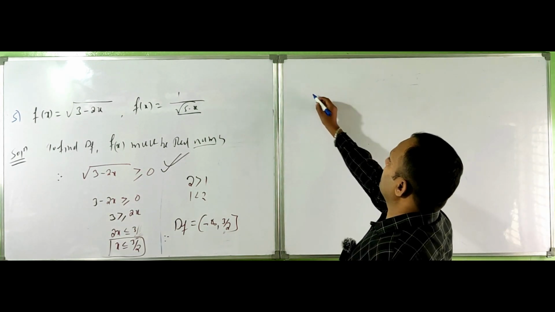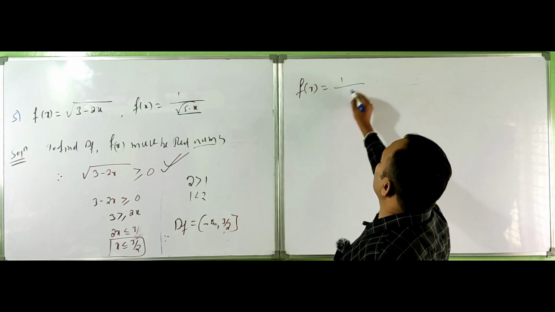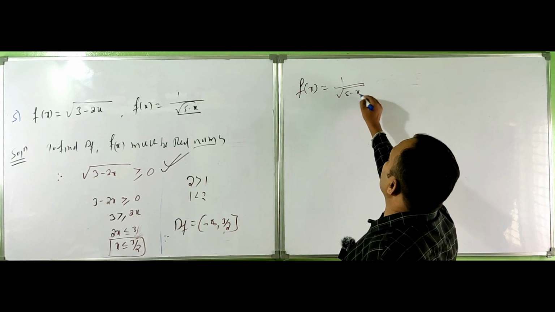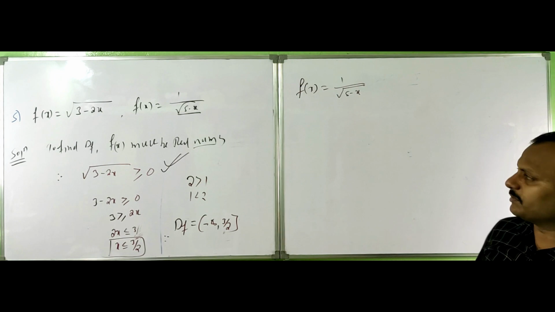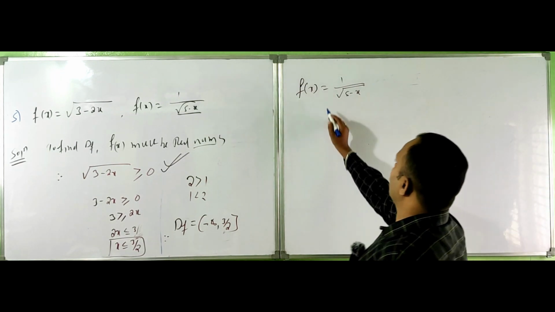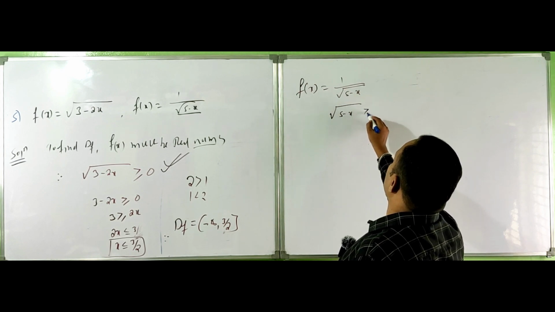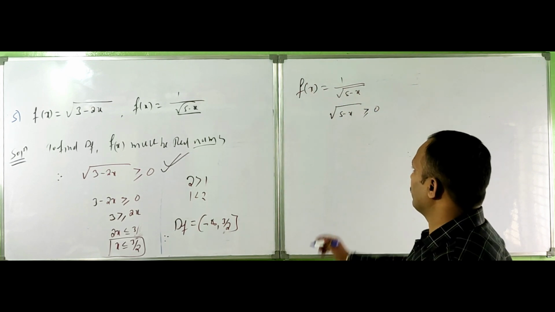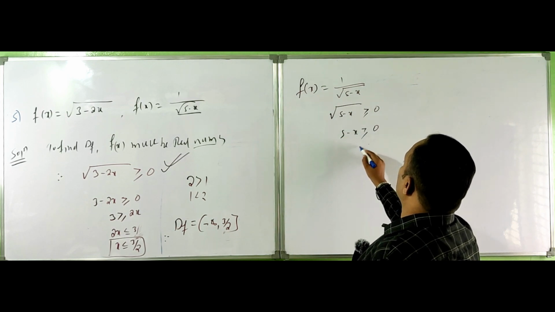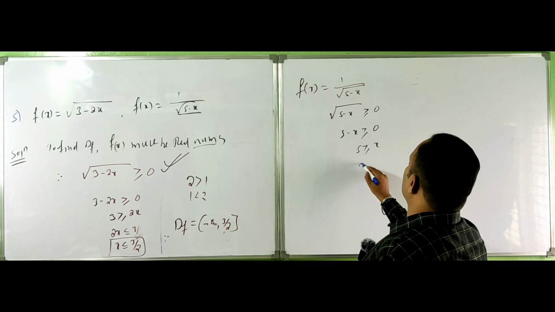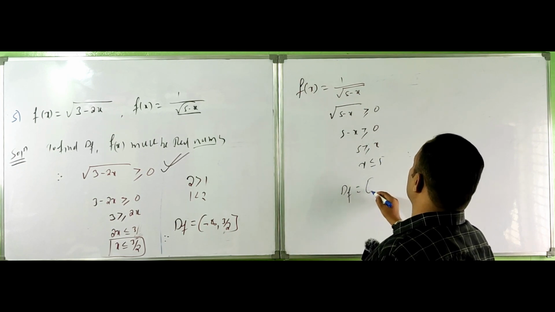For the first example, f of x is equal to 1 by root of 5 minus x. To find the domain of f, f of x must be a real number. Therefore, root of 5 minus x must be greater than 0, so 5 minus x must be greater than 0. So x is less than 5. Therefore, domain is equal to,